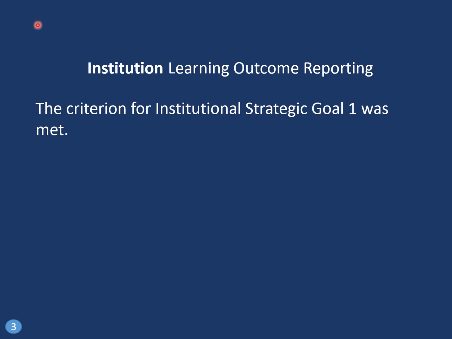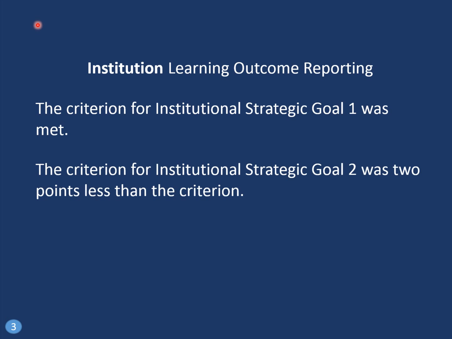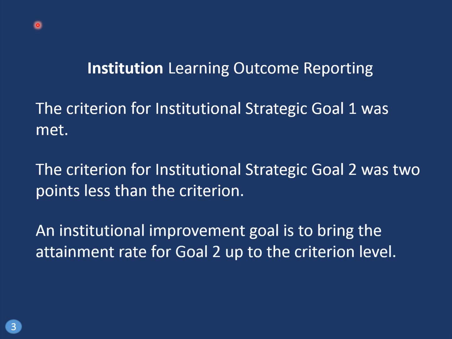Yeah. And so these are statements that could be made at the institutional level then, that goal 1 was met. SACS likes to know that. And they'll say, well, how do you know? And then they say, because we have all these values that we can map all the way back even to an item. And perhaps the criterion for goal 2 was 2 points less than the criterion, and we want to raise it. We want to move the goal 2 up. So you can look at improvement, you can look at comparison, you can look at differences.